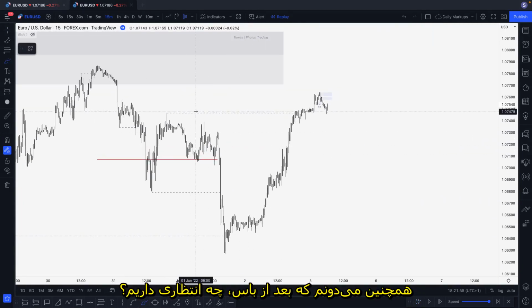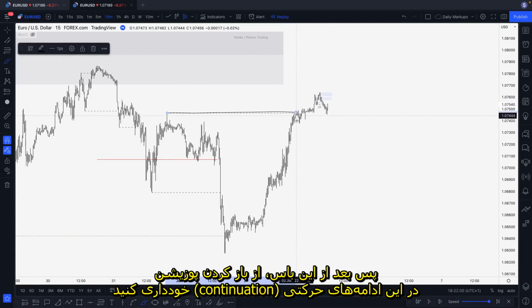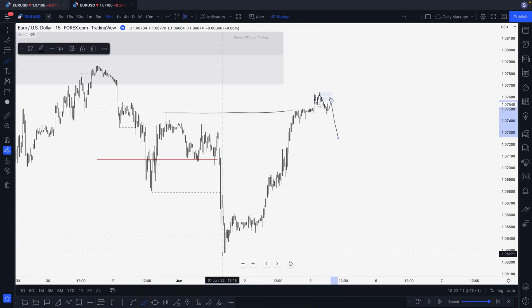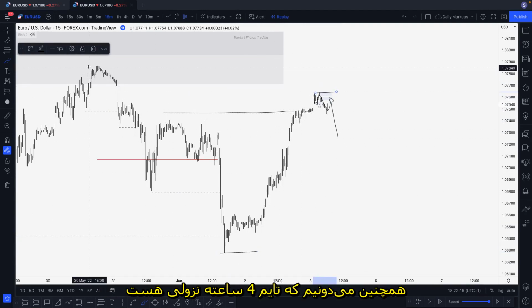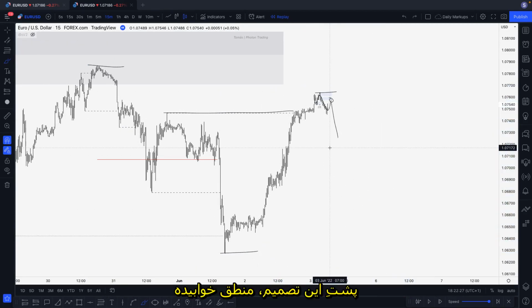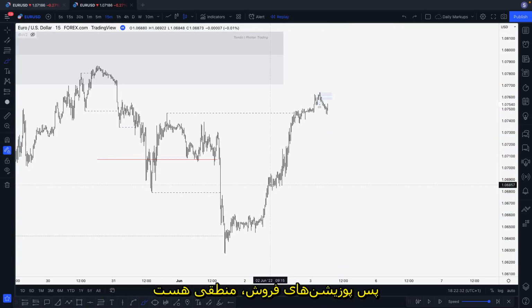Plus, I understand that after the pause, what to expect, a pullback, okay? So after the break of structure, stop taking these continuations, wait for the choke, and when the choke happens after the pause, we can take the pullback to the downside, playing the complex pullback of this M15 bullish leg. But also understand that 4 hour is bearish and we reach the premium prices, so this complex pullback of this M15 bullish leg can actually follow through, okay? We have higher time frame logic behind, so this pullback can actually follow through. It's important to understand that. So it makes sense looking for sales, okay?